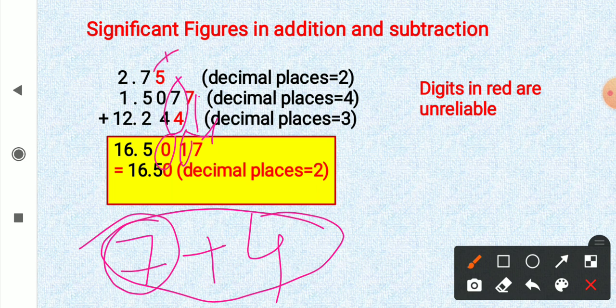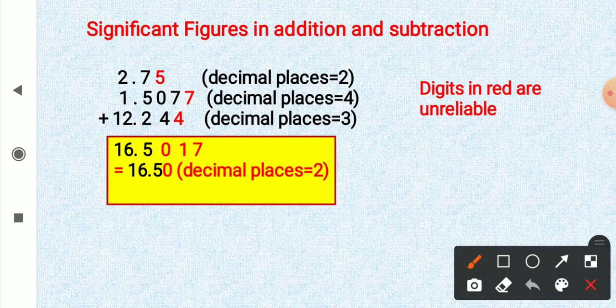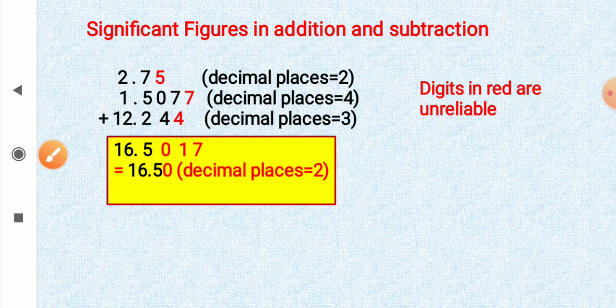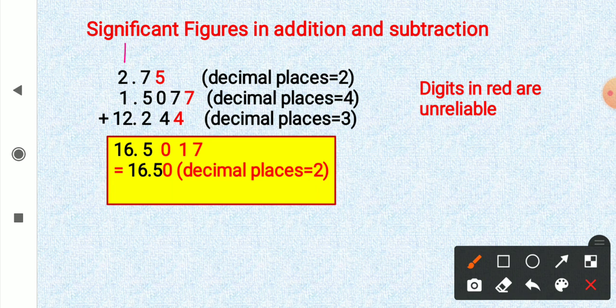Now here this 5 is not reliable, so the sum of not reliable and reliable will be not reliable. So you get 0, and from here again you get 1 carry, and when you add, then you get 15, and you write 5 here. And look at it here, this 7, 5, 2 all are reliable, so the sum is also reliable. And then you carry 1 here, and then you get 6 and 16. So the result is